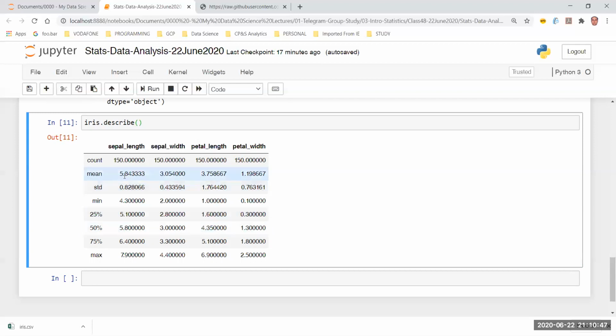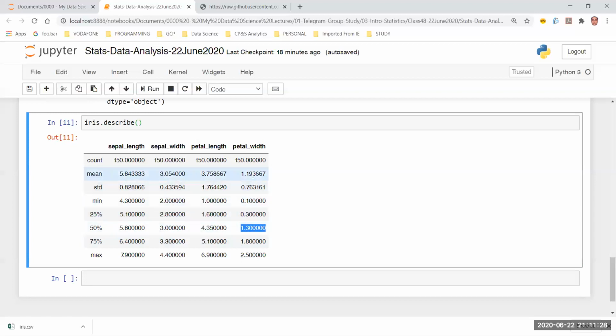Now, clearly here I can see the mean is 5.84, the median is 5.80. Clearly this is normally distributed data. So basis the sepal length, the iris flower is normally distributed. Okay, but when it comes to sepal width, is this also normally distributed? The answer is no. In this case, see what is happening. It is 3.75 and 4.35. So it's really not normally distributed. It's a bit on the right skewed side, right? Why? Because the mean is less than the median, right?